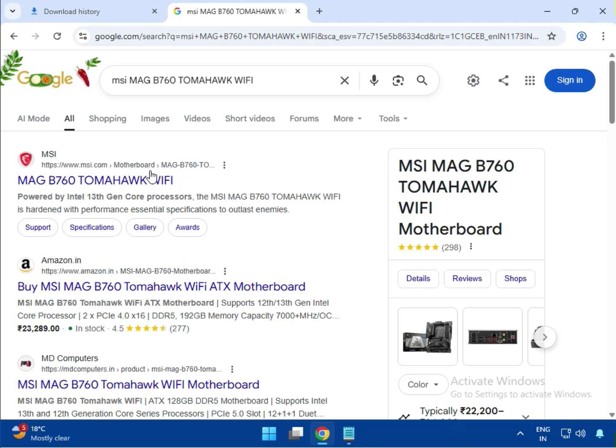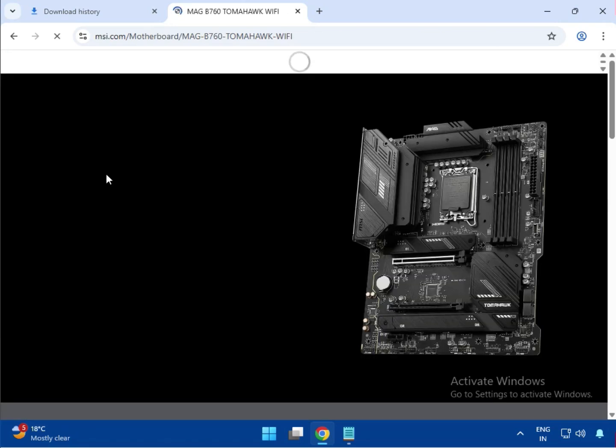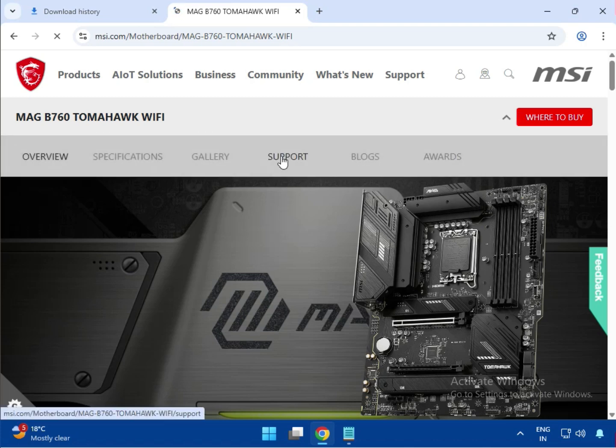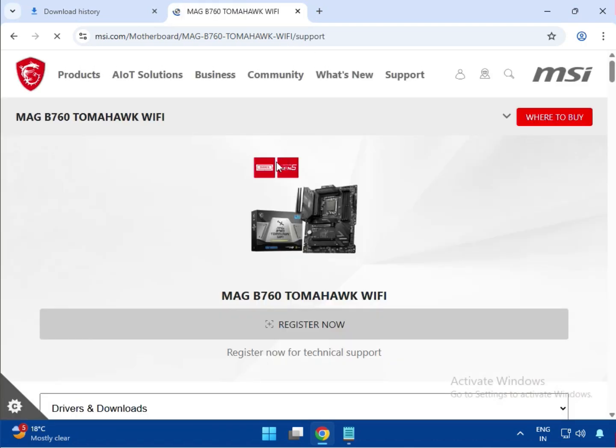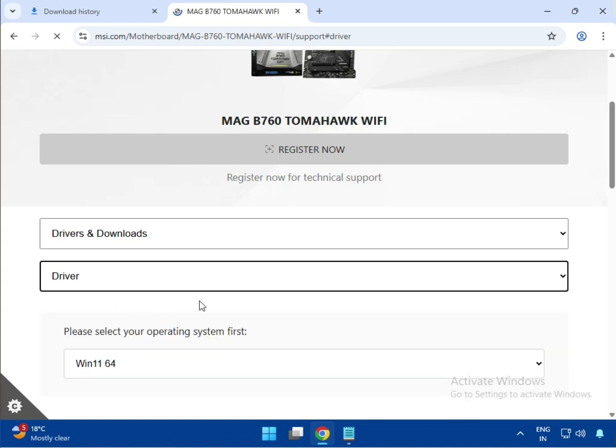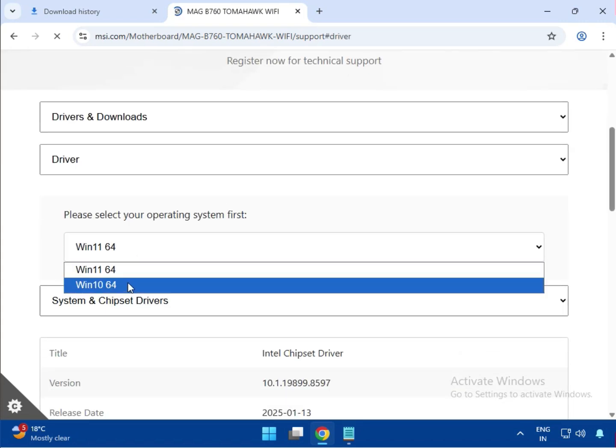Enter the model number in the Google search box, using any browser. Then the first link is msi.com, which is the official site, just click on it. After that, click on Support, click on Driver and Download, then click BIOS, select the driver, scroll down, select your operating system, Windows 10 and